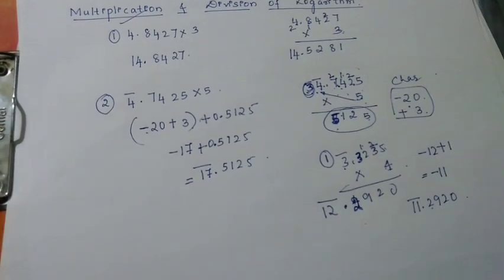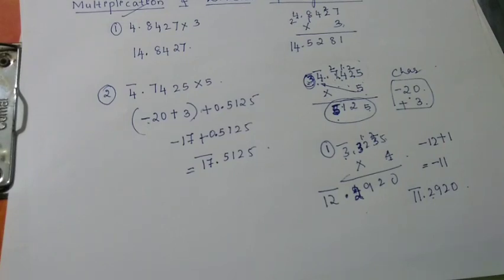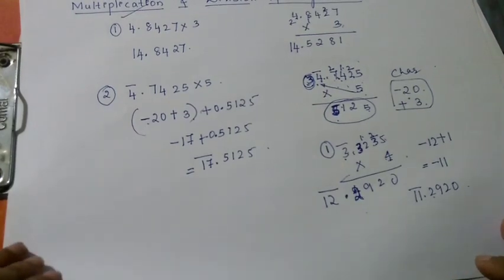Clear? So this is how we have to do the multiplication. When the characteristic part is given, you have to take out the borrow and add that to the pre-number. Is it clear? So this is multiplication of logarithms. Then the final one is division, which is the most important, which you are going to apply in all the problems.